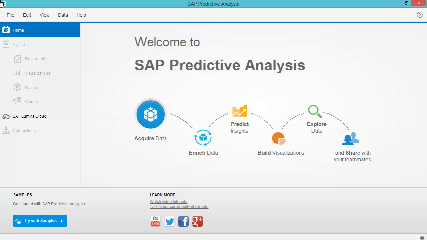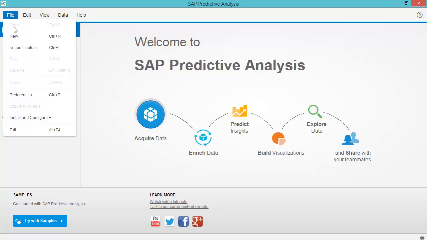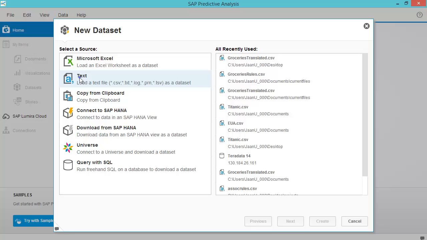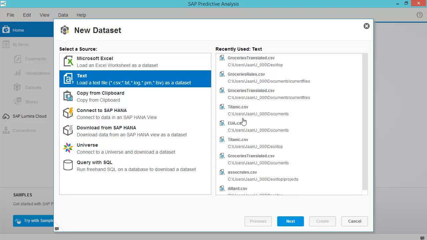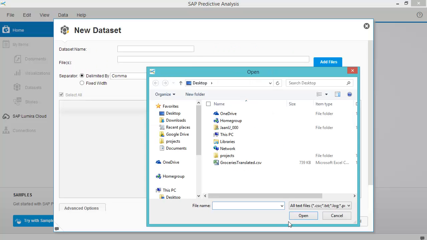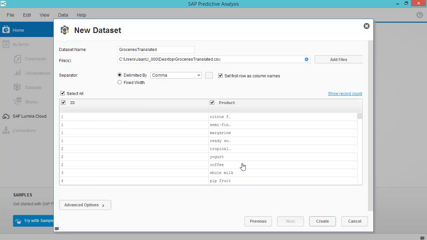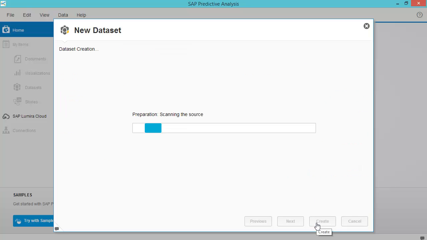Let's look a little bit more at association rules, and we're going to create a drawing here the way we did in the first predictive analysis association rules software video. So file, new, text file is the input with CSV. The file is groceries, which we used locally, not from the University of Arkansas dataset. So I'm going to create it.